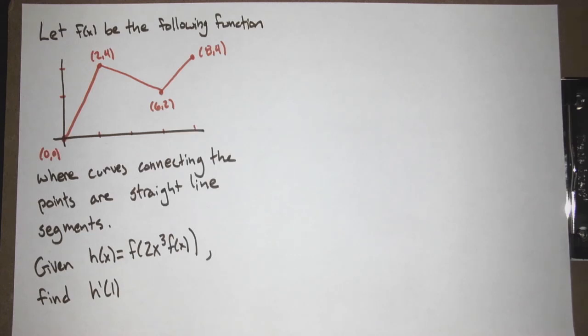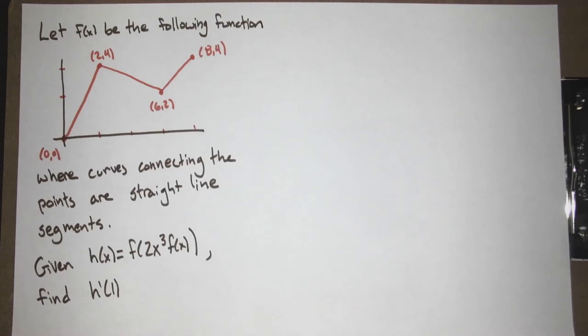All right. Good. Well, how do we start? Well, we want to plug in 1. Are we ready to plug 1 in yet? Why not? Why aren't we ready to plug 1 in? Because we don't have the derivative. We can only plug 1 in once we have the derivative. So how do we do this?